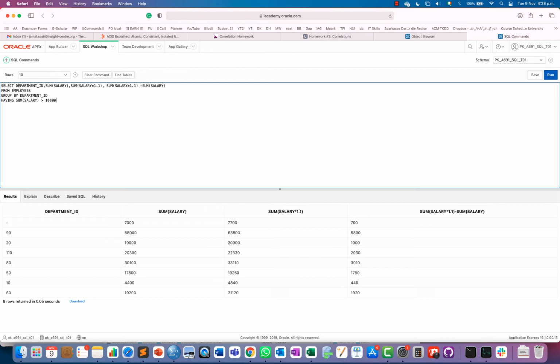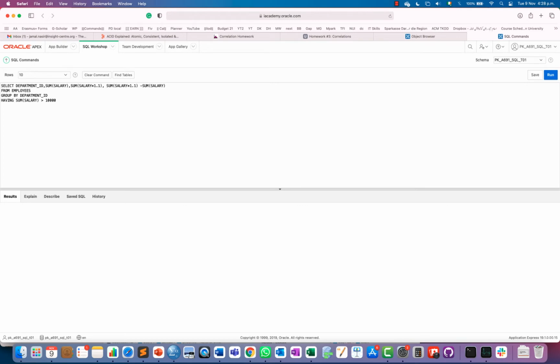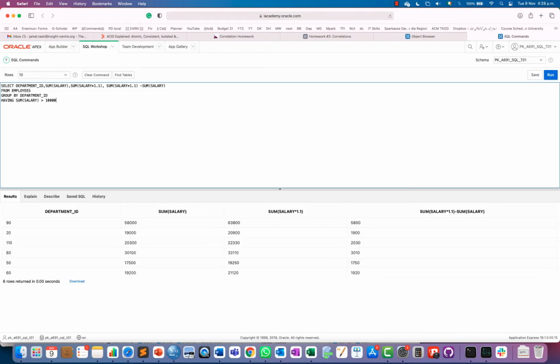So you can see we have a row with no department. It could be a CEO or owner of this company, but other than that, yes, so this row should be eliminated after execution of this statement, right? You can see now we have only 6 departments where sum of salary is greater than 10,000.